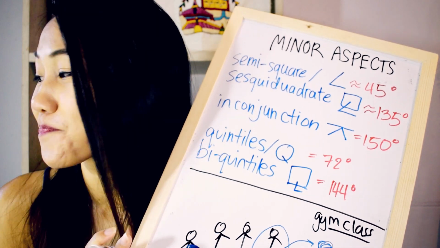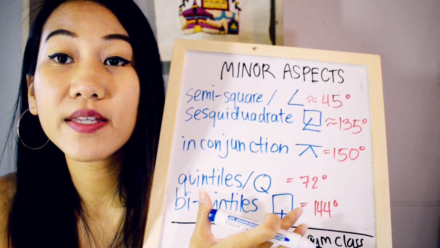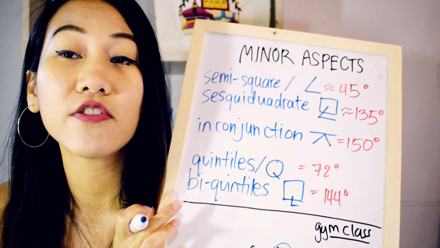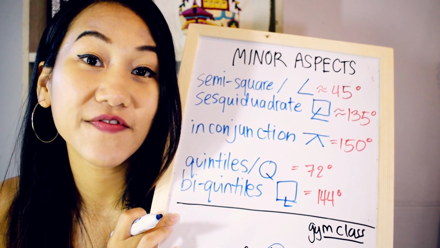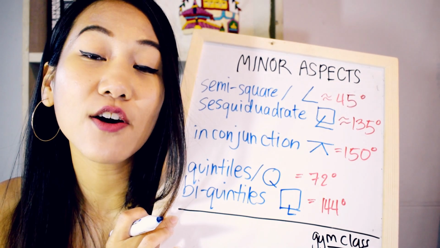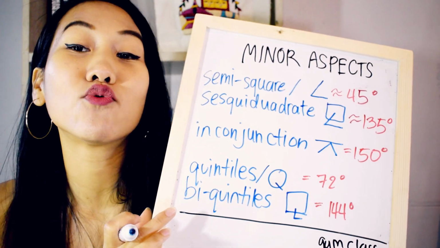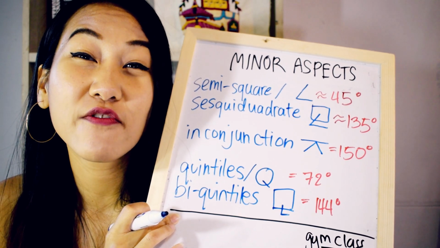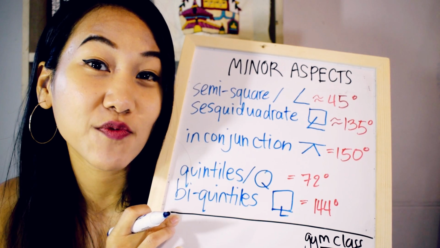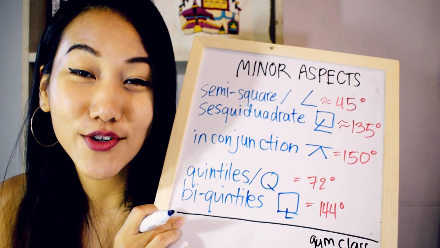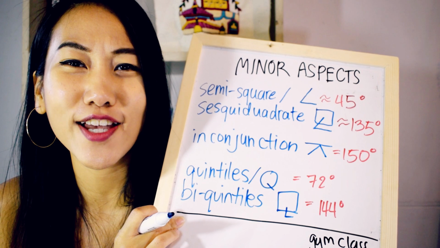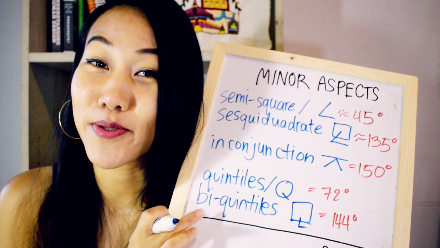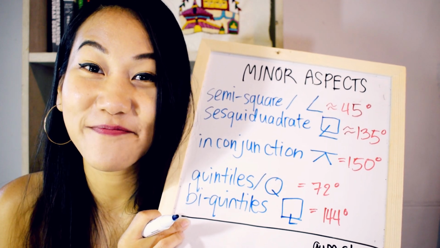The quintile occurs when planets are 72 degrees, the biquintile 144 degrees, and these are considered aspects of talent. When we act out the roles of the two planets in this aspect, people tend to think that we're very talented and they admire us for doing it, but then when they try to do the same things themselves, it just turns out really odd and really weird. But we can do it because we have the quintile or the biquintile.